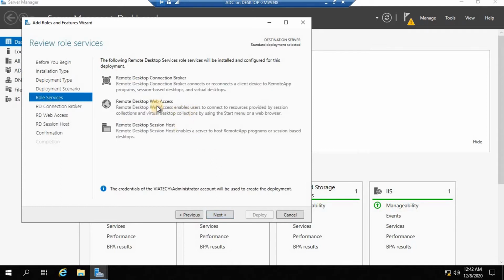Now after that, these are the key services that we are going to install from the role. That means Remote Desktop Connection Broker, Remote Desktop Web Access, and Remote Desktop Session Host. This is the most important. All these three services are going to be installed from the Remote Desktop role. So next,